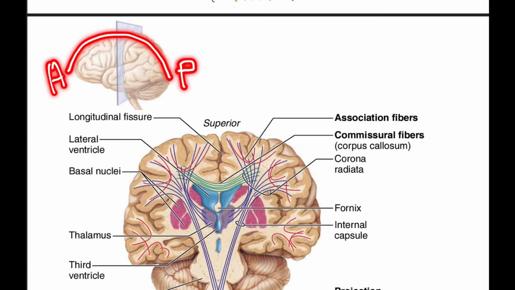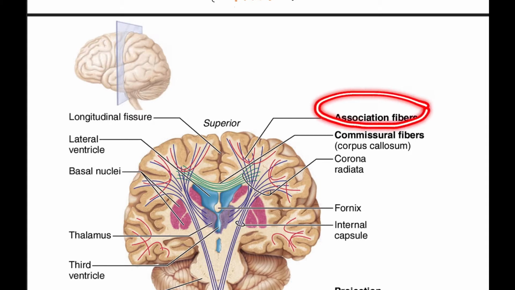And if the white matter is distributed from the right side to the left side, they are called commissural fibers. For example, you have the corpus callosum in the brain, which is a commissural fiber. In vertical position you have the ascending tract and descending tract. In anterior to posterior position, that is from the frontal lobe to the occipital lobe, you have association fibers, and from the right side to the left side, that is from the right temporal lobe to the left temporal lobe, you have